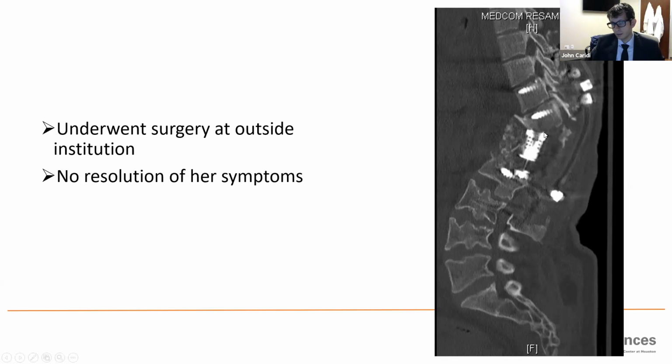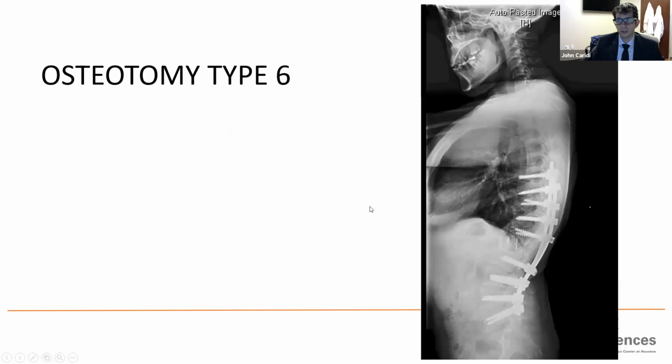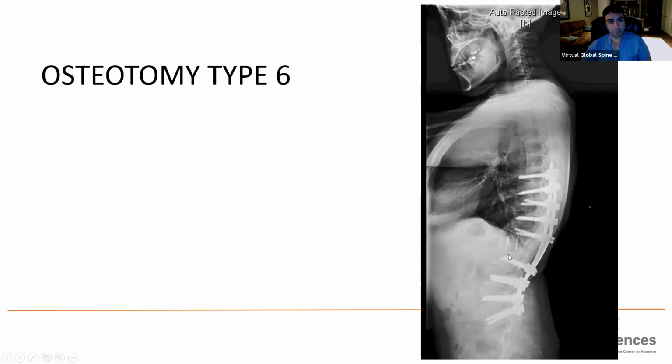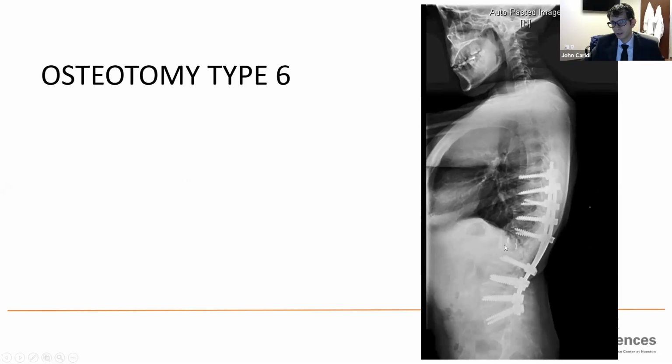And then the cage was essentially encased in bone all around it. So it was actually very difficult to take out. And then just basically completed this 2-level VCR, and we ended up putting an XLIF cage in there. She healed that very well. This is amazing that you were able to do that all posteriorly. Amazing. I thought like thoracoabdominal, remove that cage, and then go posteriorly, complete the VCR, and then put another cage. But wow, that's pretty amazing.